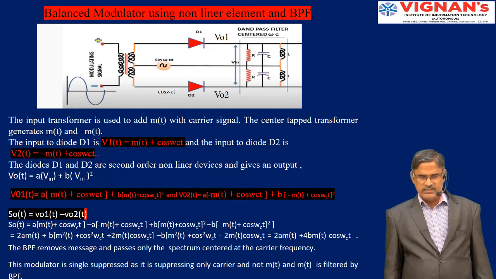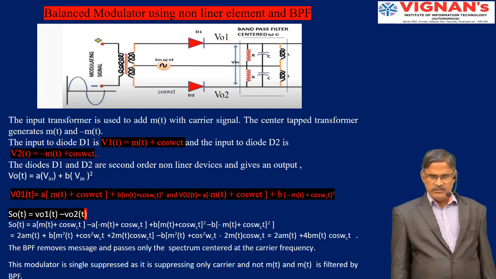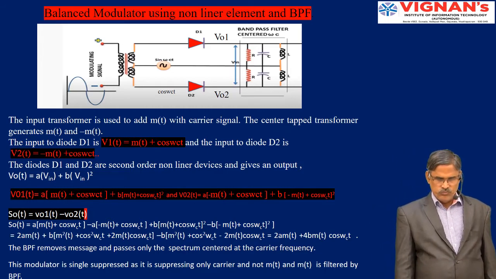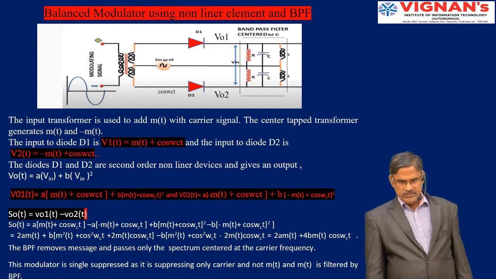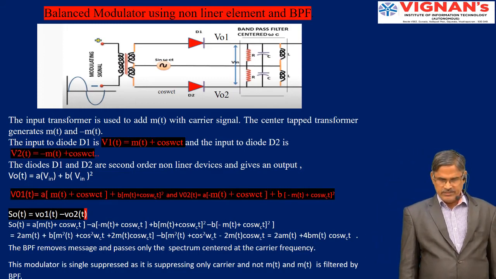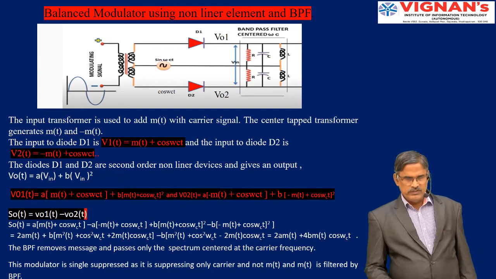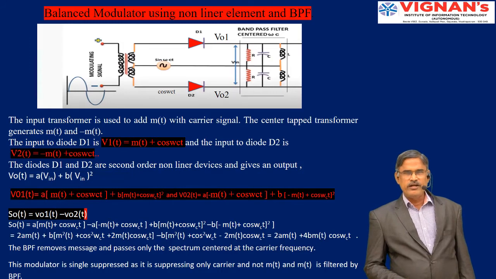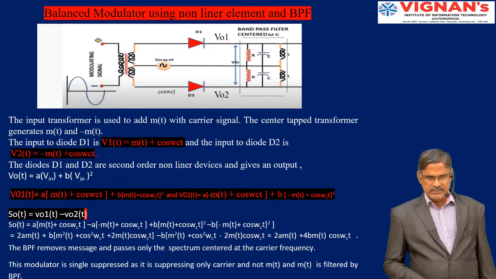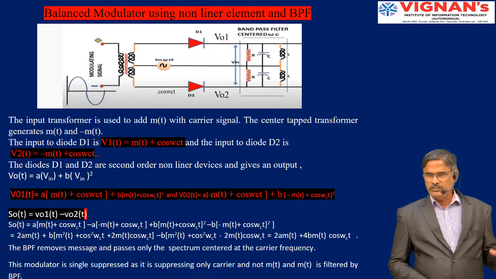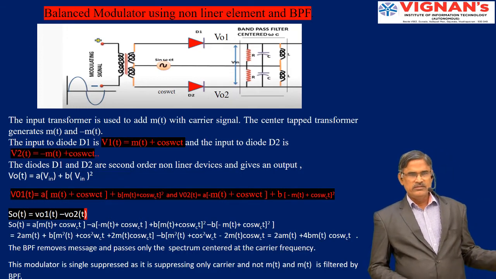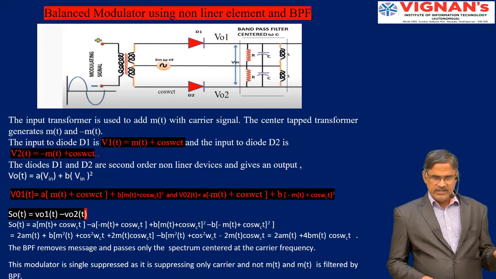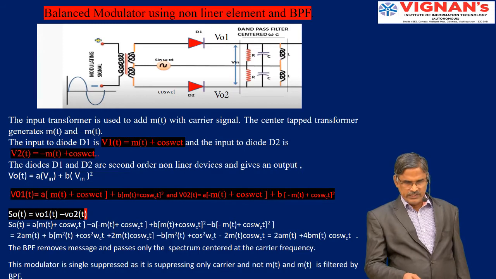Therefore, after the resistance, an LC filter is there. The LC filter is a band pass filter and it will remove the message signal. So at the output of the filter, you will get some K MT cos omega CT. That is the product signal. This way we are generating the double sideband suppressed carrier modulated signal. First, you have seen the method using two AM modulators. Second, using a nonlinear device. Third, the actual circuit we have seen.